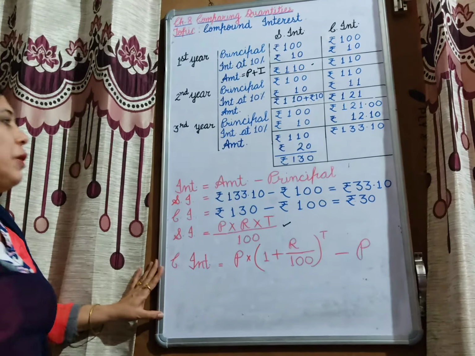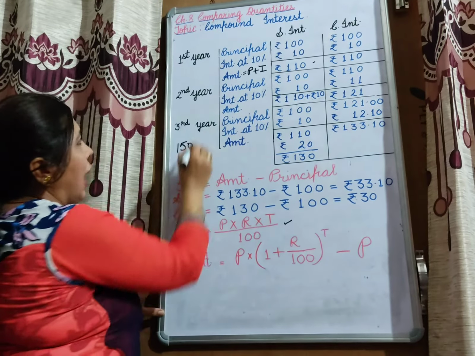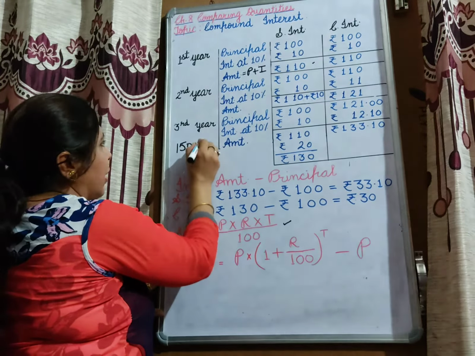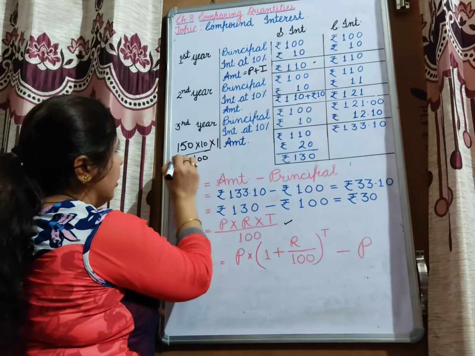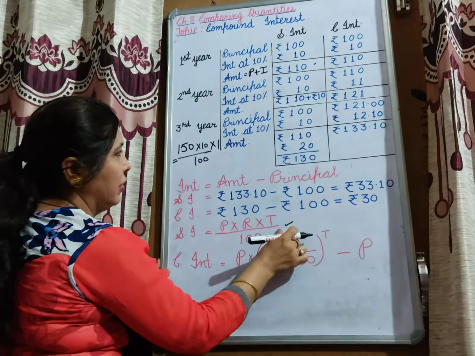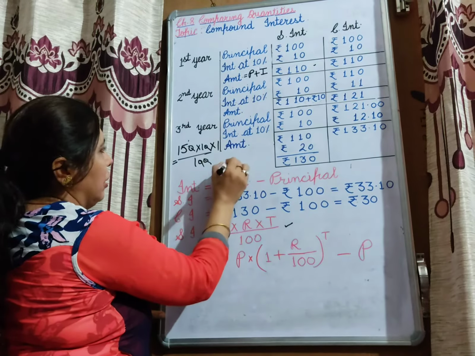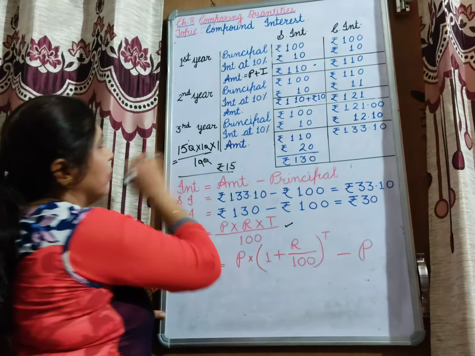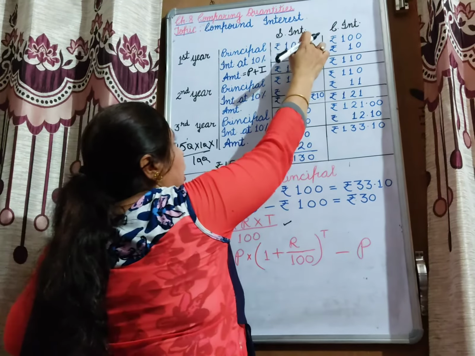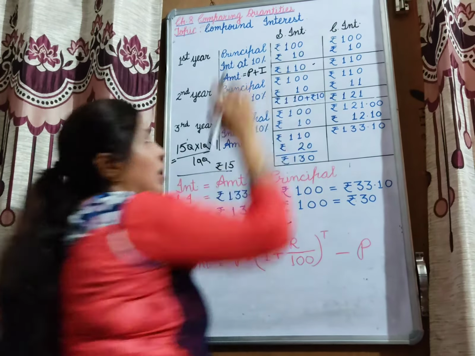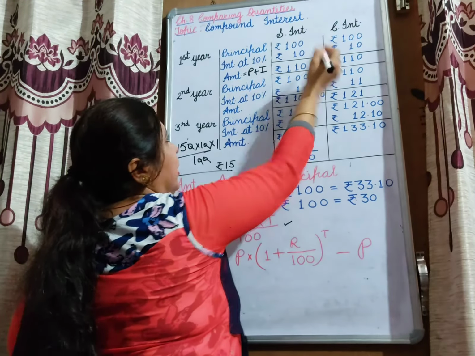Now for example, if we take 150 rupees from your friend and our interest rate is 10% and our time period is 1 year, upon 100. This is our formula to find the simple interest. Now what will be the interest? It will be rupees 15. Same here, at the rate 10%, if we borrow 100, then we get interest 10. So what will be the amount after 1 year? You will get rupees 110.